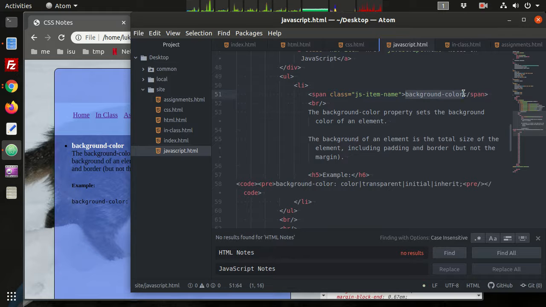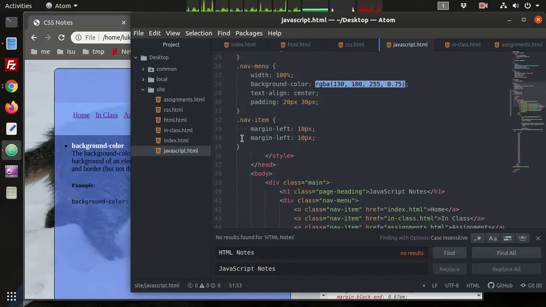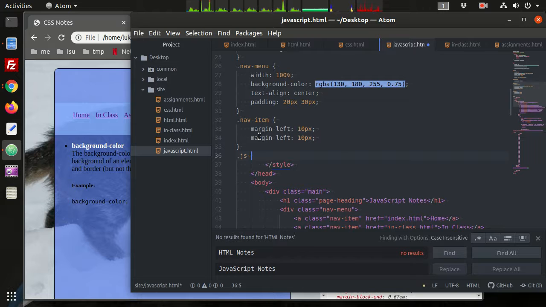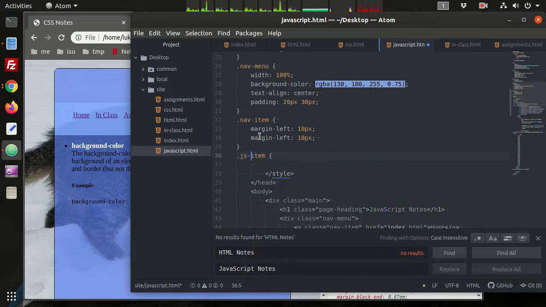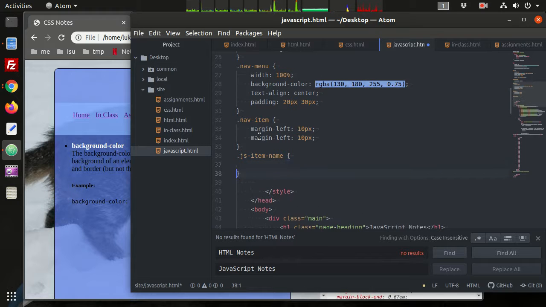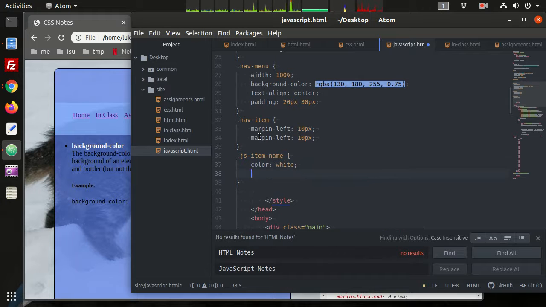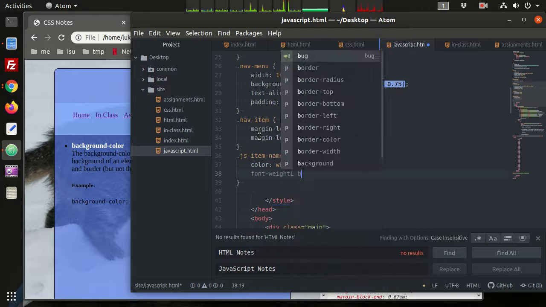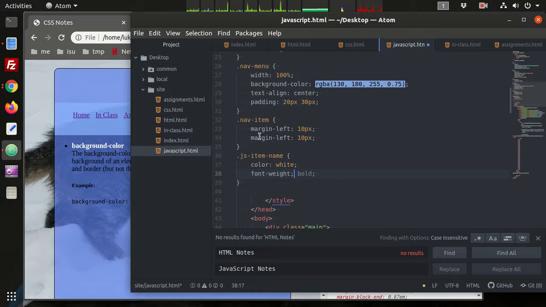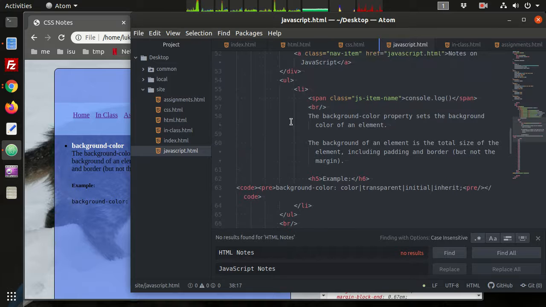And what we're going to do first is console.log. And so up here we have .js-item, .name, or hyphen name, and we do the same thing, color white, font weight bold. There we go. Alright, so we've got the label, console.log. We need some information about it, so we can look up, in JavaScript,